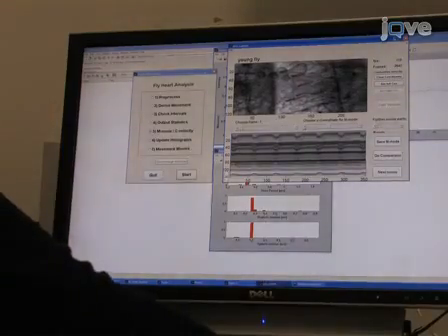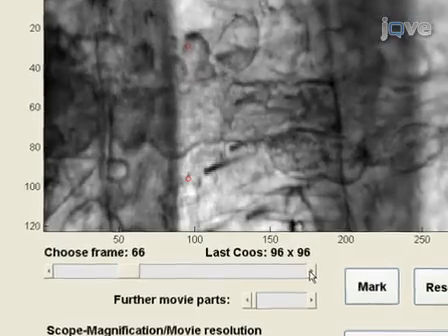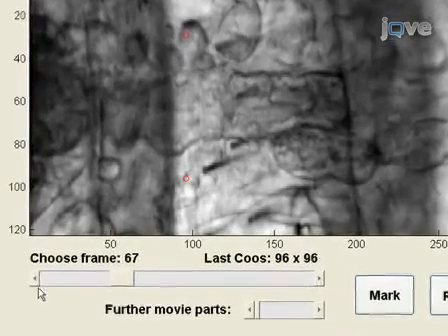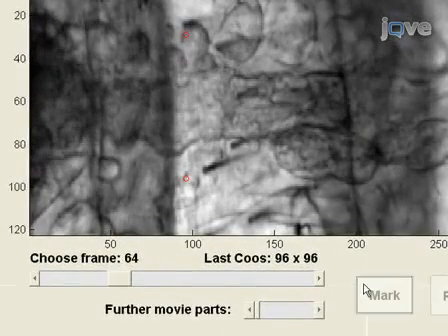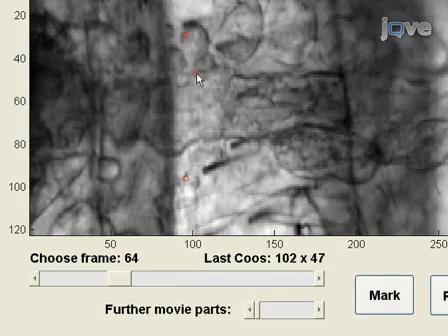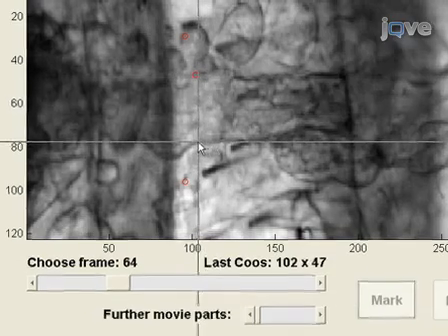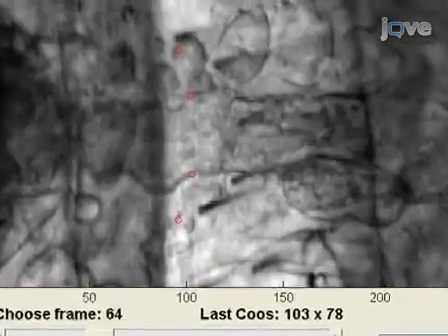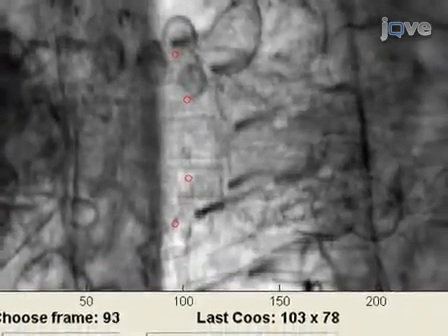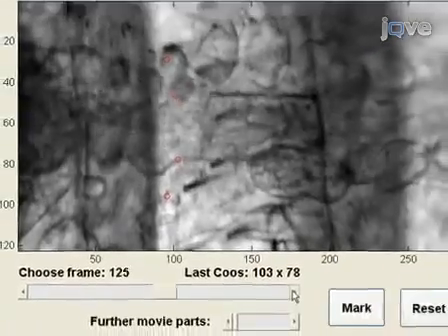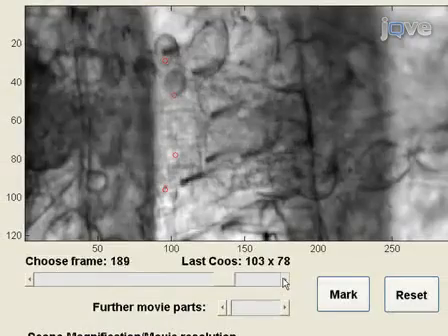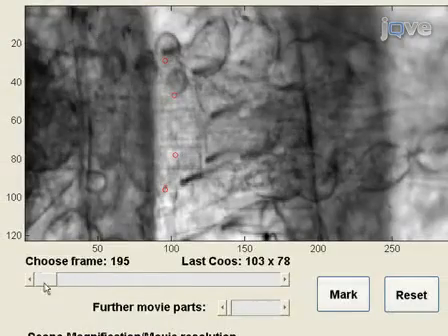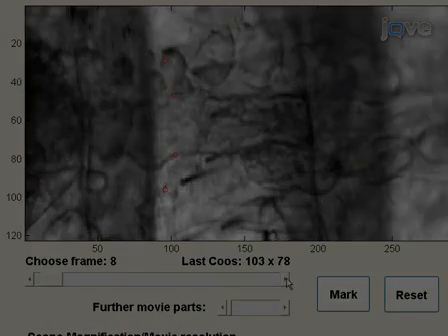Advance the movie to a frame where the heart is maximally contracted. Make another pair of marks to identify the systolic edges. Marks can be made in duplicate at different horizontal locations along the heart. The heart diameters obtained here will be used to calculate the percent fractional shortening, which provides an estimate of the contractility of the heart. This measure